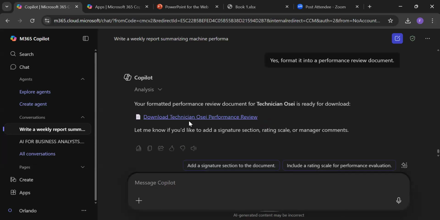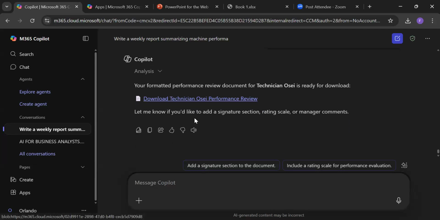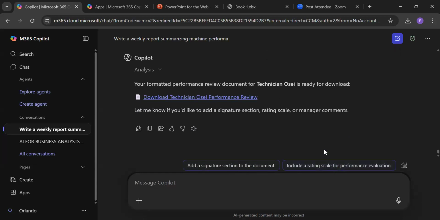Okay. So I can equally just download it. You can also add a signature section to the document if you want. Include a rating scale for performance evaluation. I mean, there are so many things it could suggest for you to do.